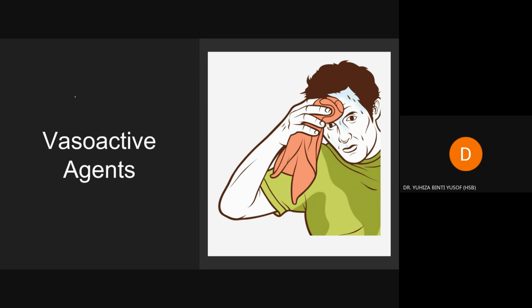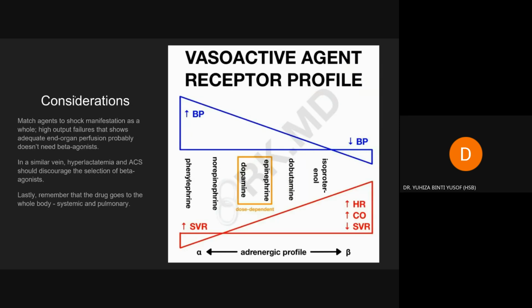So the last part of this presentation is the selection of vasoactive agents in shock. I think this is the most comprehensive image I can provide on what type of vasopressor to choose. They have phenylephrine, which is more or less like vasopressin too. Basically, if your patient already has high cardiac output, heart rate is good, cardiac output is good, systemic